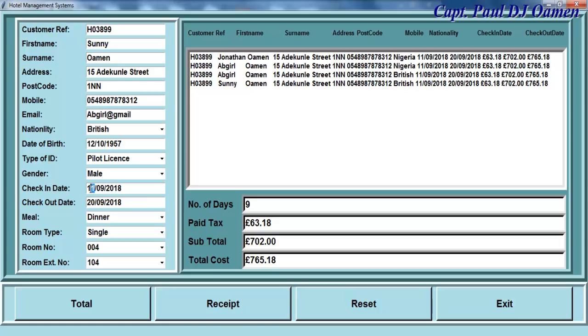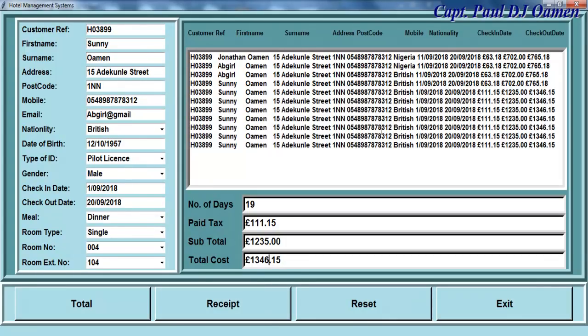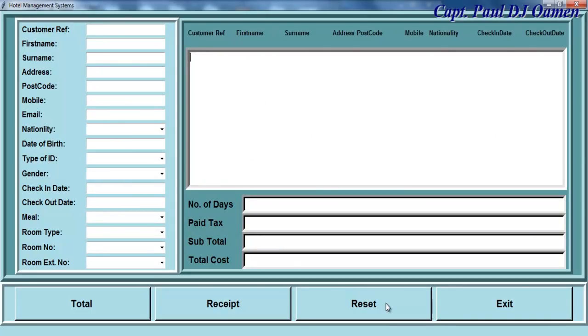So if you've made your choice, and let's say you are going to be there from this day, let's say it's the 1st, and we can work out the date, that is 19 days in total. All you just need to do is, once you click on total, you can get the tax to be paid, total and so on. And you can even print out on the data system the details of the client. Then we can reset and enter new customers' details,